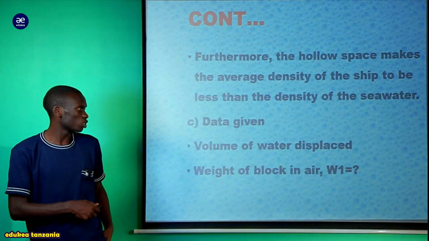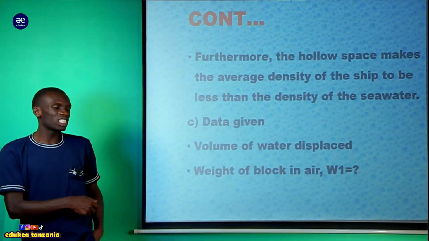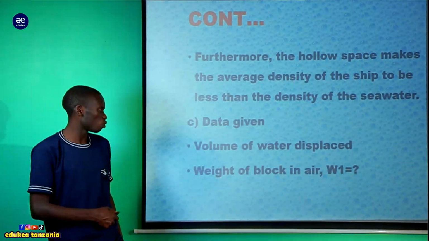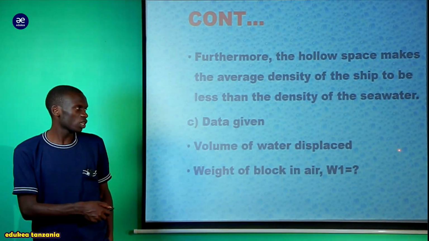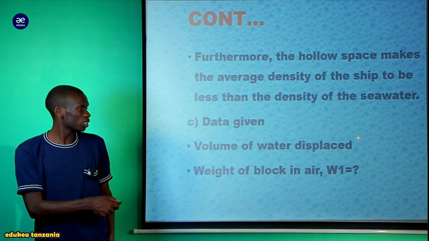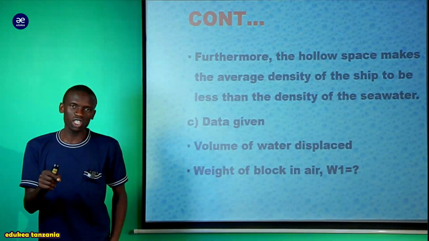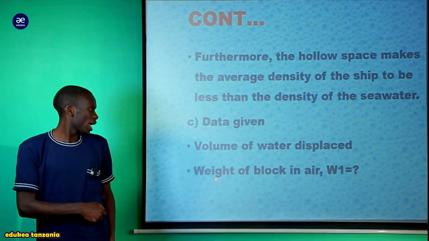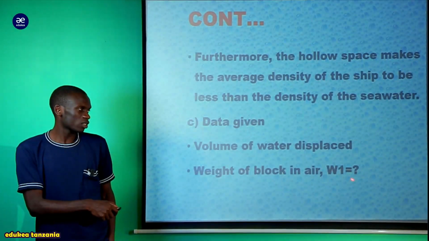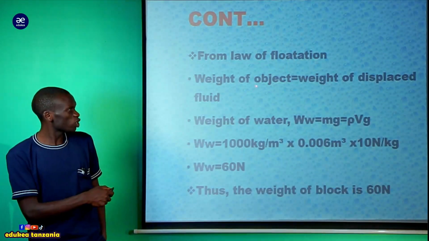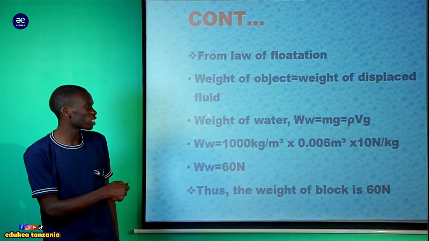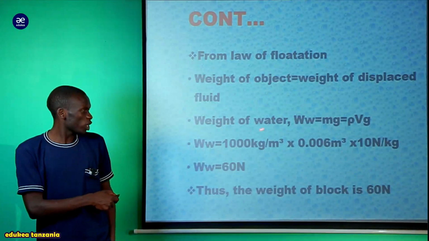So that is about that. After then, let's see part C of the question, how to solve. We have been given the volume of water displaced is equal to 0.06. I have not written it here, so it is 0.06 meter cubic, and weight of block in air is what we are required to find. From law of flotation, weight of object is equal to weight of displaced fluid. Then weight of water